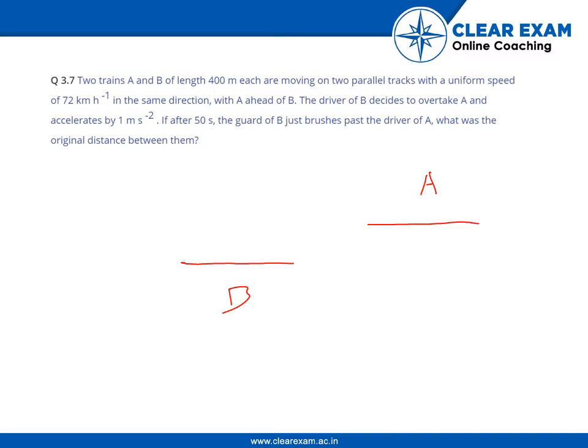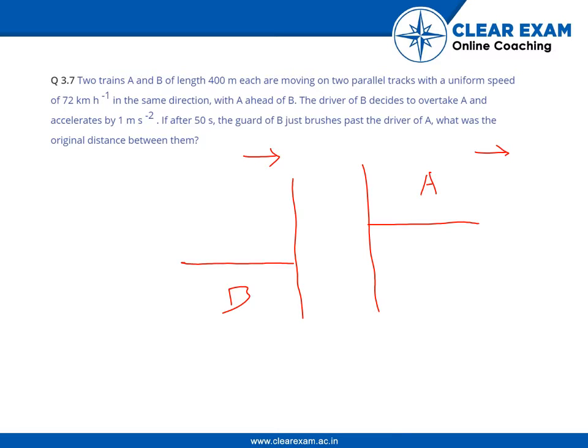Now, they have some initial distance, but they both are moving in the same direction and with the same speed. So that means it does not differ from the situation where they are at standstill position and are parallel to each other, right? So we do not think that they are moving. You can think that they are at standstill position, and